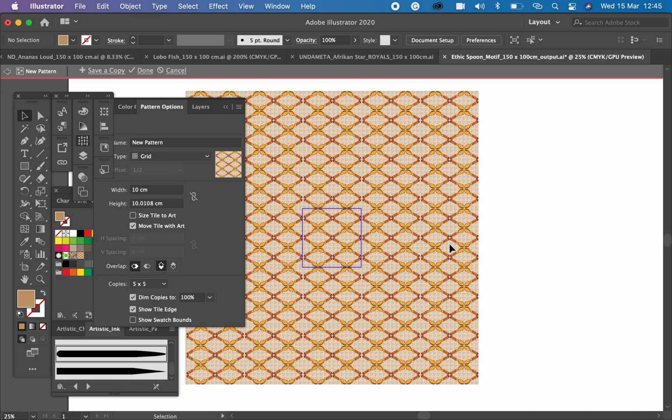And there you go. It makes your pattern for you. And what you can do is be very careful about this area here. There's an area where it says new pattern, save a copy, done, and cancel. You must choose an option before you exit the pattern make mode. So if you want to make any edits and adjustments, you need to make sure that you do them all